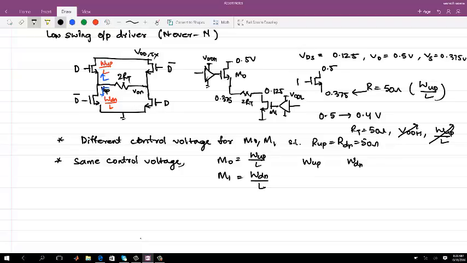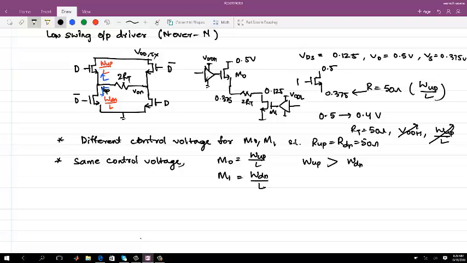So think about it, in the same example. For M0, if your control voltage is the same, just as an example, pick 1 volt. It doesn't matter what you pick. Then the VGS of M0 is equal to 0.625, right? And VGS of M1 is equal to 1 volt. So you are operating with a greater overdrive for the lower MOSFET, and you still want them to carry the same current and have the same impedance. So your W down should be lower than W up, right? So this relation normally holds true.